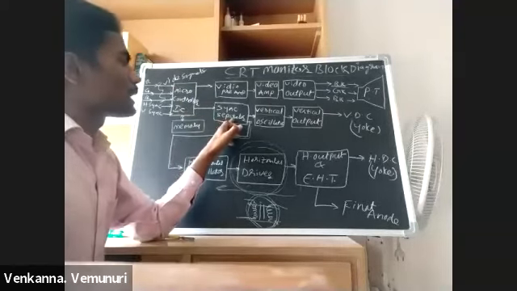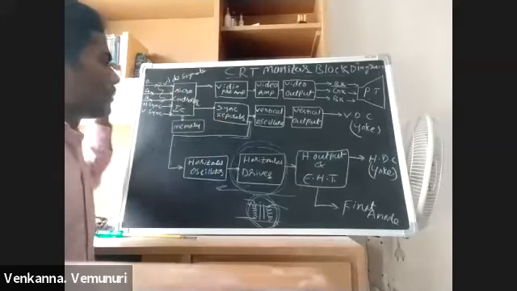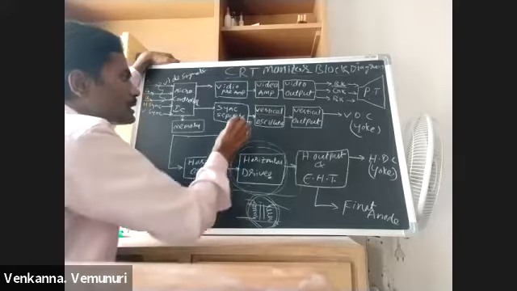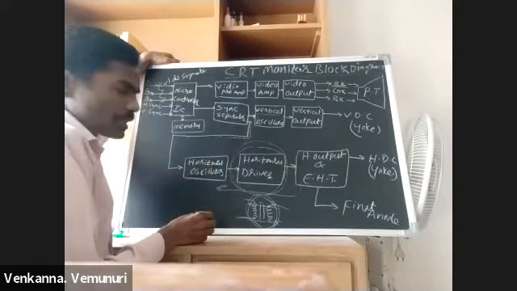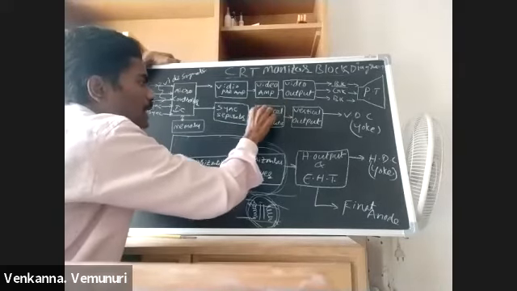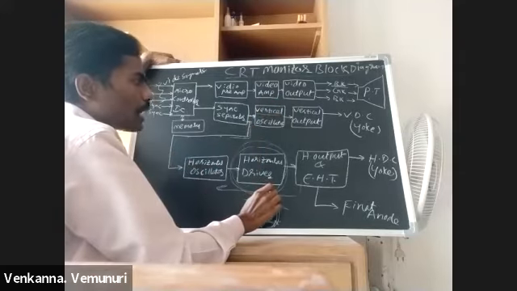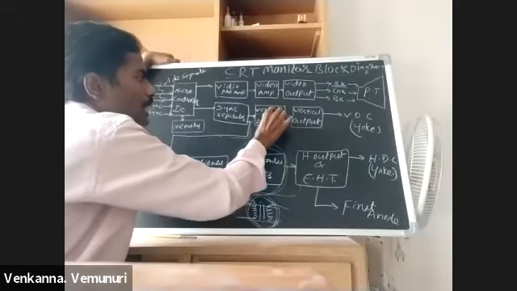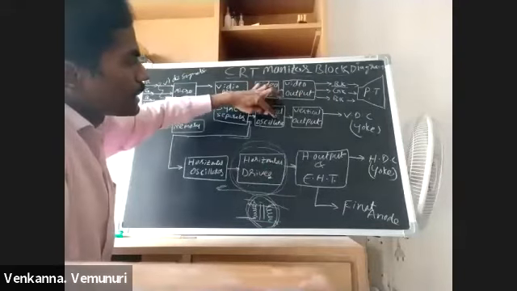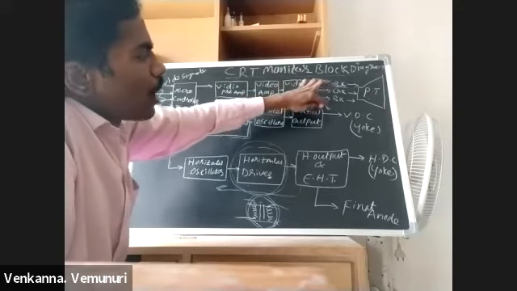Now this sync separator is separating the horizontal sync signal and the vertical sync signal. The vertical sync signal is connected to the vertical oscillator section, and the horizontal sync signal is connected to the horizontal oscillator section. With the help of this sync signal, the vertical oscillator section works and generates vertical oscillation. The vertical oscillator signal means oscillating signals. This oscillating signal is connected to the vertical output section. With the help of this vertical oscillator signal, our vertical output section works and gives output voltage.